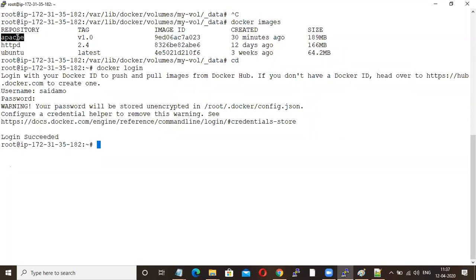Now I'm just going to push this Docker image to my Docker Hub. First you have to tag it, docker tag. This is my Docker Hub username, and I'm just giving 04/2020, so this will be my image name. Now docker push.